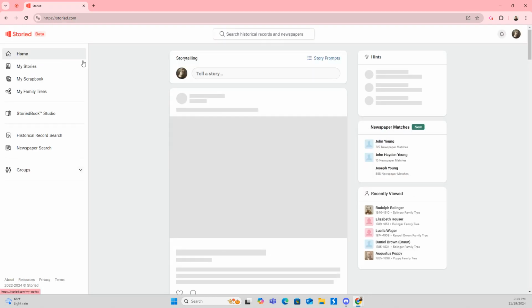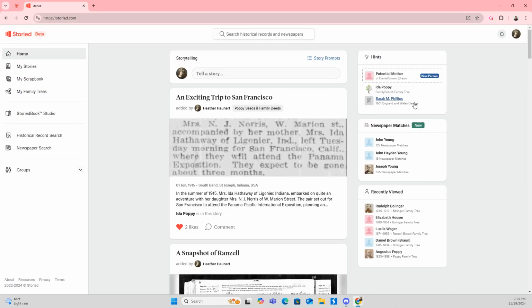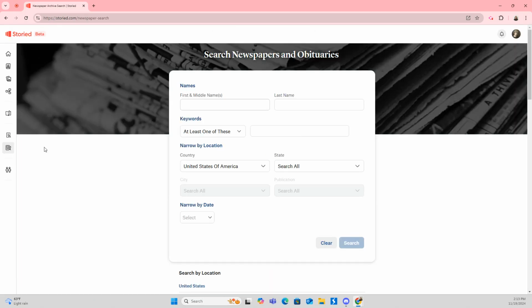We also have hints for your family tree, and we have newspaper matches for your family tree. So both of those are just different types of hints and matches for you to get more information, where Storied's kind of in the background, searching our records and our newspapers for items that are related to the people in your family tree. And now I'm going to show you how to search,